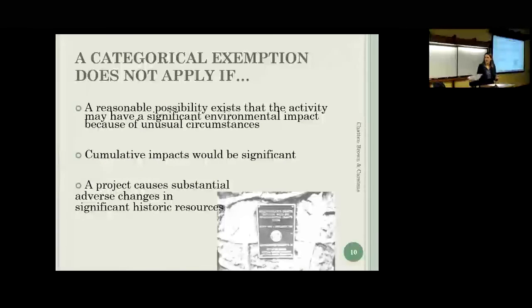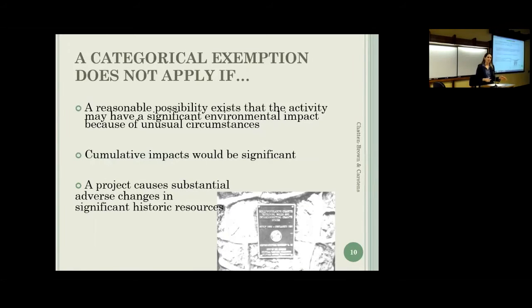But that is also why, in addition to the categorical exemption, there are exceptions to the categorical exemption, where it's an unusual situation where something that would normally not have an impact does have an impact. For example, building a single family home is a class 3 categorical exemption. In general, just building a single family home, not a big deal. There's not going to be environmental impacts. But if you're building that home on wetlands, that's different, and you need to consider the impacts associated with that.